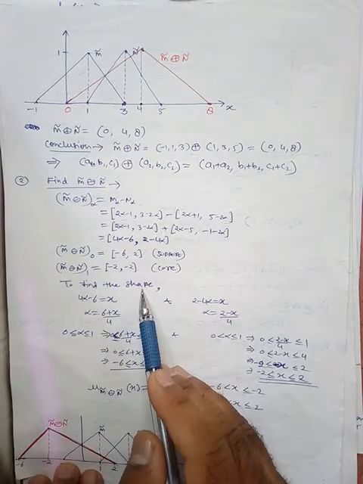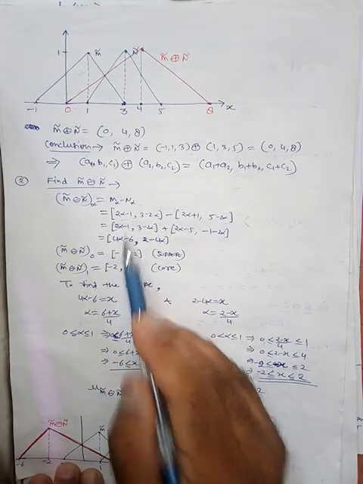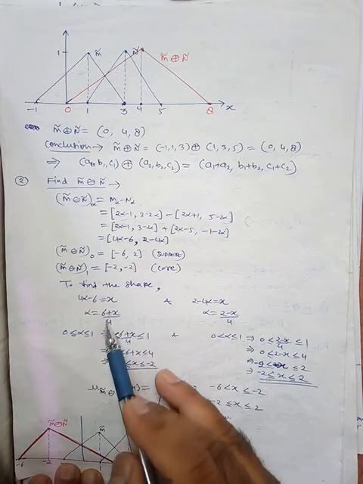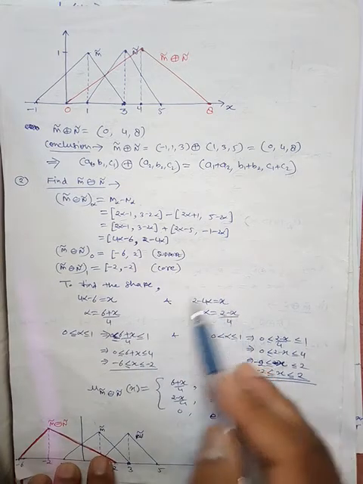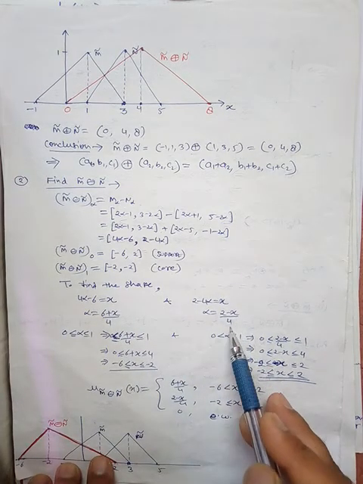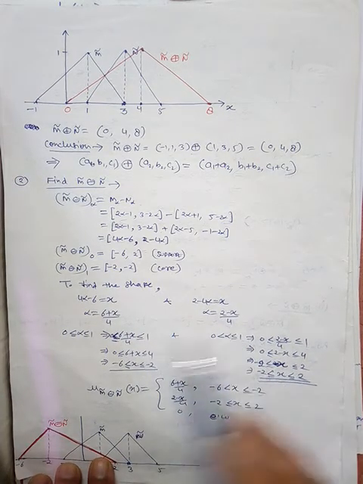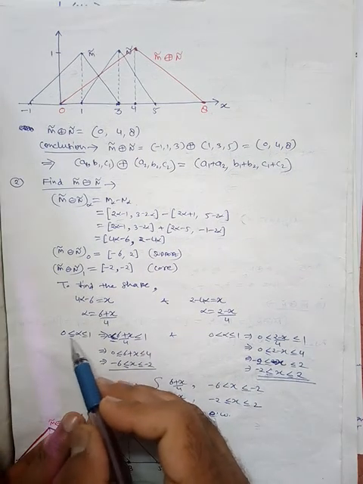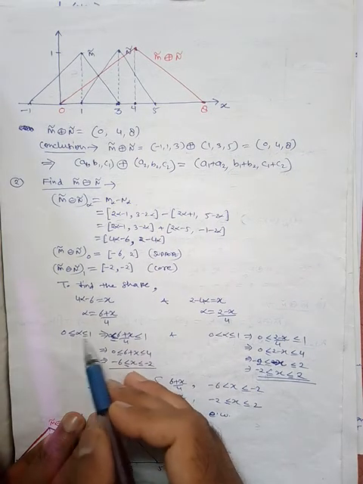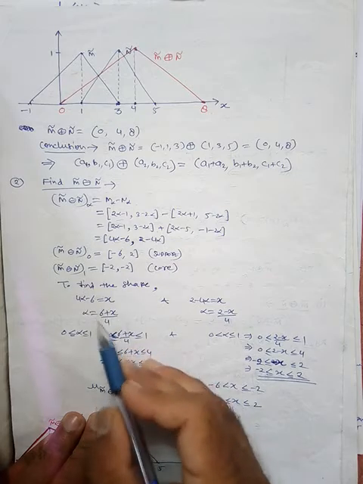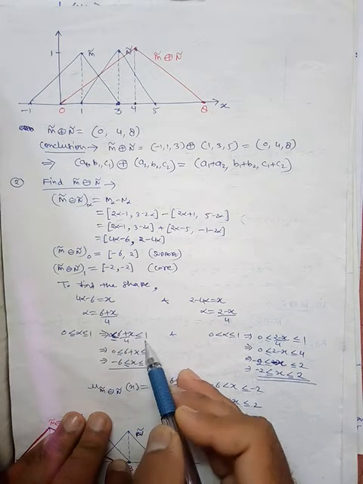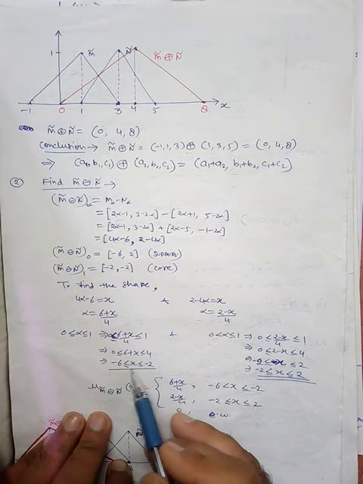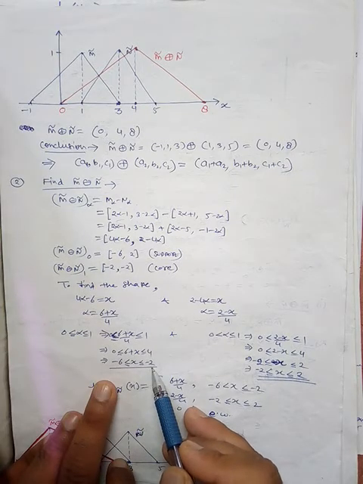Now to find out the shape, just put this quantity as x and this quantity as x. So from here we get alpha equal to 6 plus x by 4. From here we get alpha is equal to 2 minus x by 4. Okay, now find out the range. For range, we know that alpha is in between 0 and 1. So from here put alpha equal to 6 plus x by 4, and from here find out x. x will be minus 6 to minus 2.